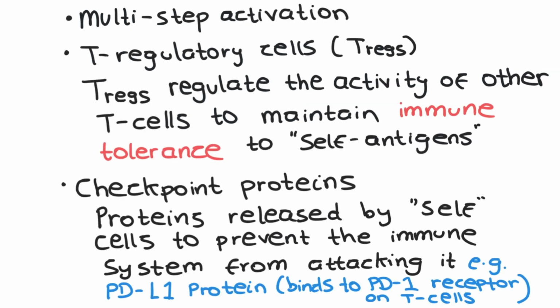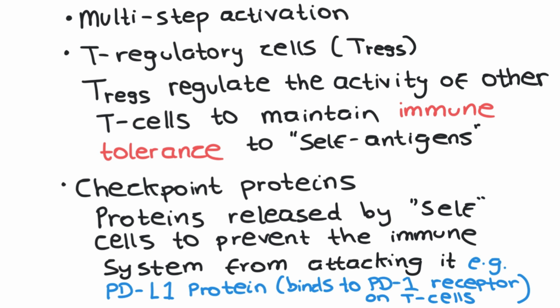One of the key regulatory mechanisms in place is multi-step activation. The initiation of an immune response requires numerous steps to occur, and this minimizes the risk of inadvertent, i.e. accidental, activation of an immune response. Let's say, for example, that by accident a couple of steps were fulfilled in the pathway to launching an immune response. Since there are many steps involved, this would eventually lead to the immune response not being initiated. But let's say that the immune response only required a couple of steps to be fulfilled. This would increase the likelihood of an inadvertent immune response being initiated. Another very important